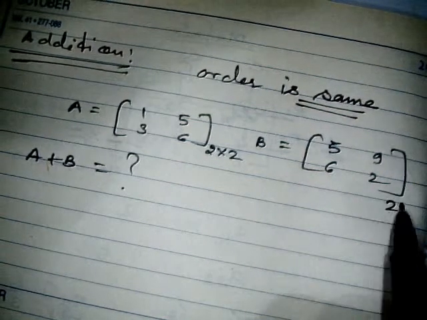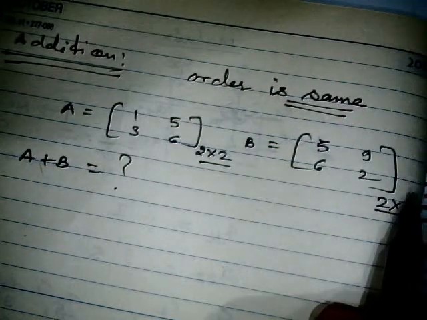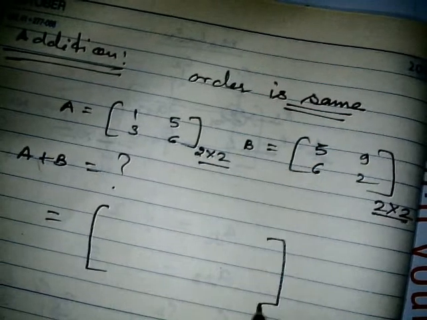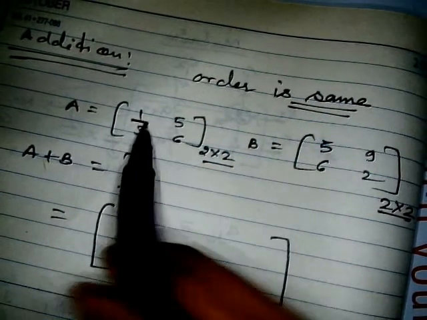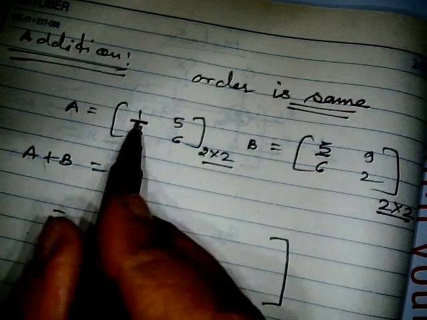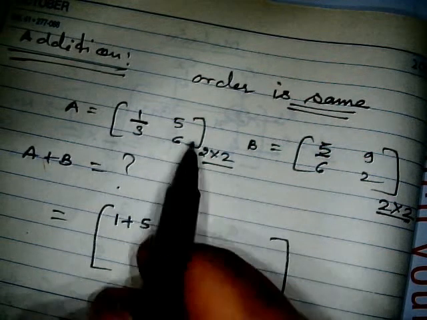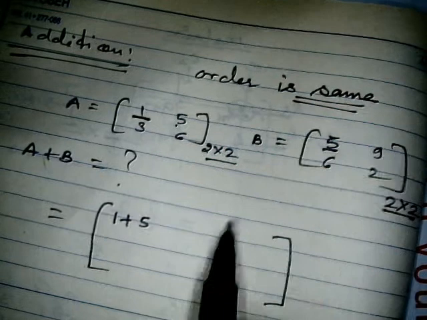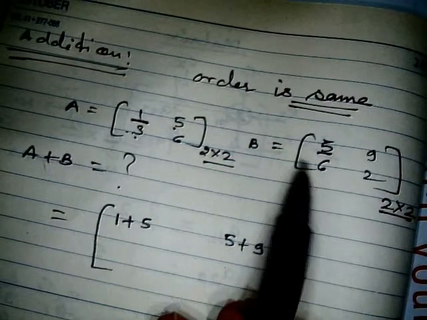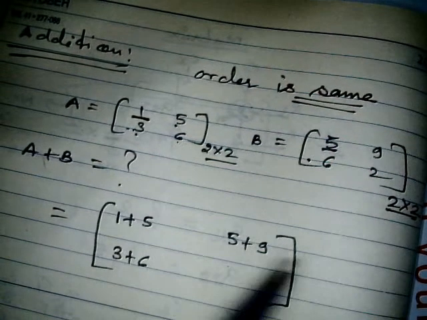When you add, this element and over here this element will get added, corresponding element, because this is A11 and this is also A11. So the same position element will be getting added. This is 1, 2, this is also 1, 2, so 5 plus 9. Similarly, this second row first element and this second row first element will get added. Here 6 and 2, so 6 plus 2. When you add it, it is going to become 6, 9, 14 and 8.